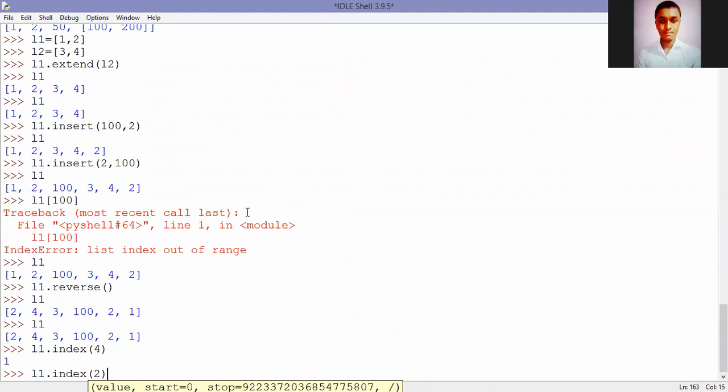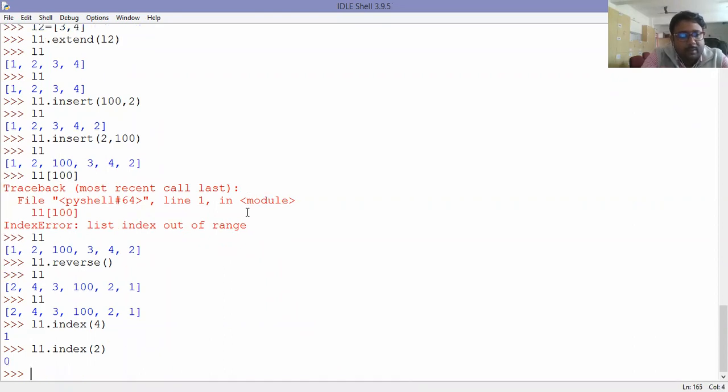Yes, sir. If I want to find 2, the number 2 is at what index? I have 2 present at the 0th index and at the 4th index, so it will always give the first index number. Okay.